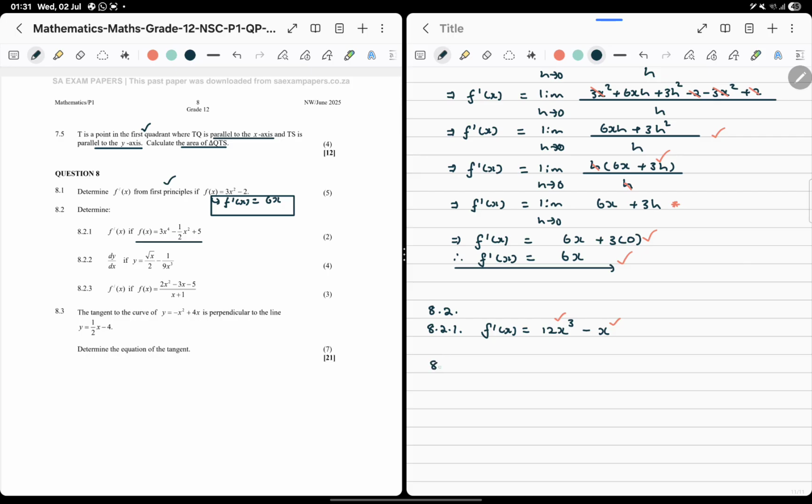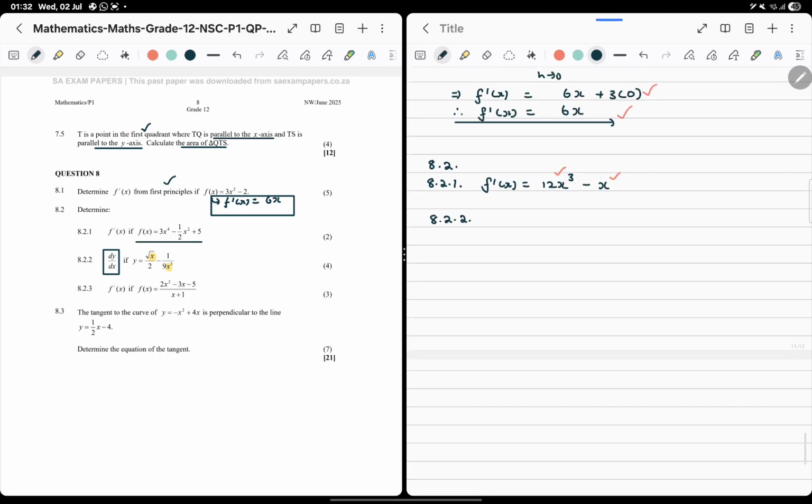So 8.2.2, we need to find dy dx if this is the case. But now the problem is that x is under the radical and is also on the denominator. So that's not ready for differentiation. So we need to first sort it out. So what do we have? y is equal to, we write it as it is given first, over 2 minus 1 over 9x cubed. So this implies that y is equal to, we can factor out the half and say this is